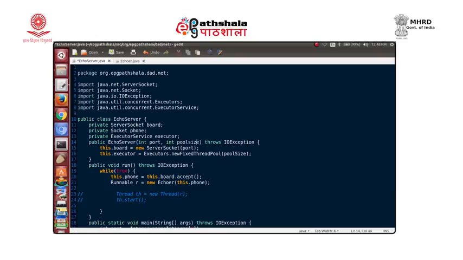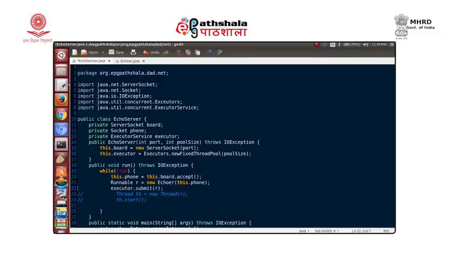So, we have the pool size as a parameter here. And then how do we use it? It is quite simple. Here you can see the change is very simple. We simply say executor.submit, you just need to submit, and what do we submit? Submit our task, which is in the form of a runnable. Now, if you are interested, we could take Future as a return type and use it. Here we are not interested in using the Future. So, that is a very simple change, you can see.